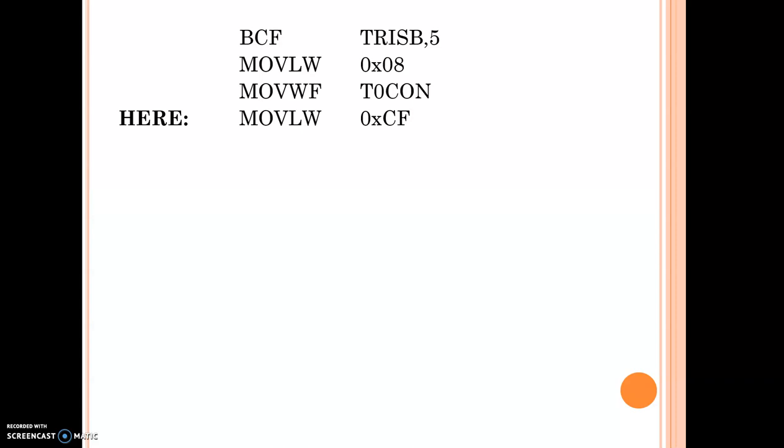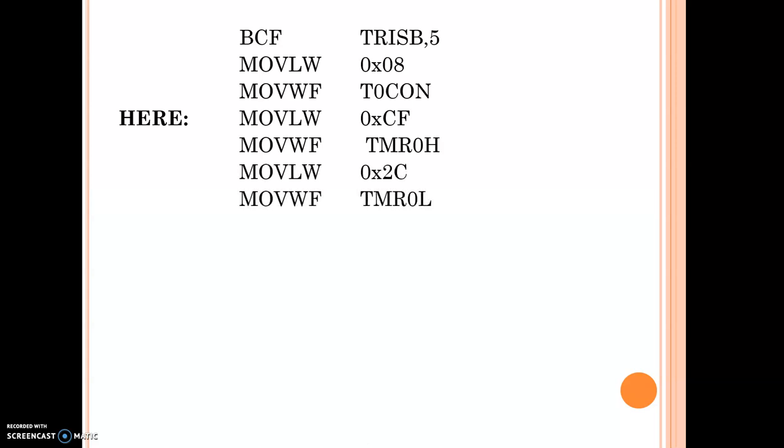This instruction first loads the working register, and that value is transferred to the low byte. Then I again load the working register and transfer the value to the high byte register.